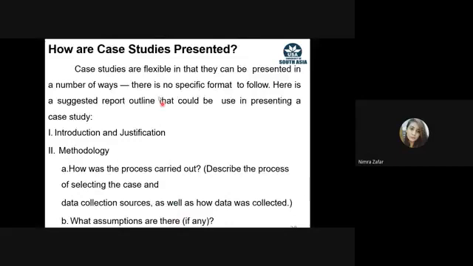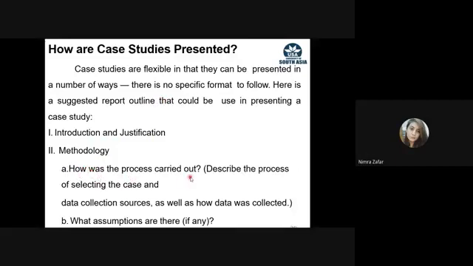Then how you have to present the case studies. Case studies are flexible in that they can be presented in a number of ways. There is no specific format to follow. Here is a suggested report outline that could be used in presenting a case study. First of all, you have to write introduction and justification. Then you have to write methodology of your case study, that is how you are going to conduct that, how was